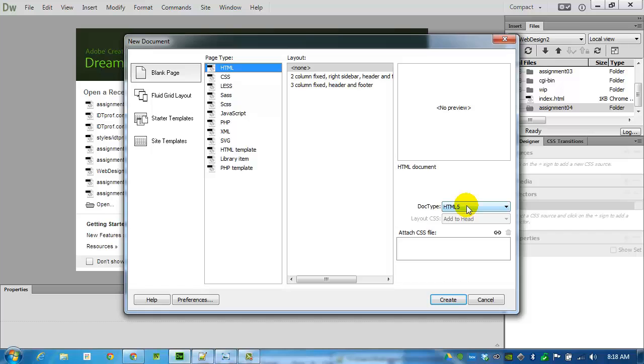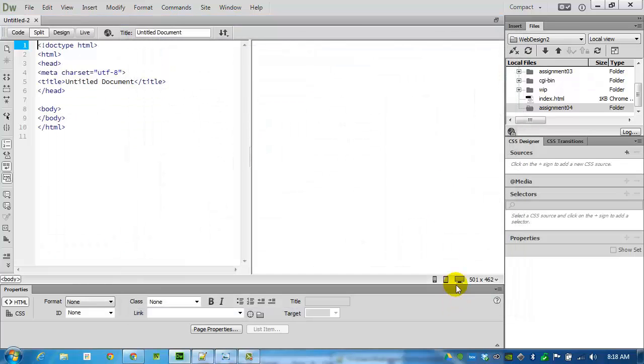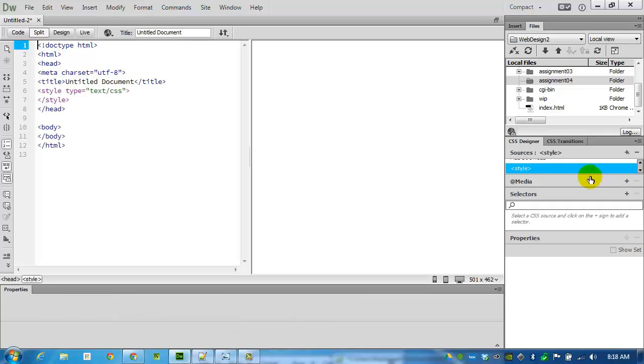Make sure that it's HTML5 and not any of the others. Create. We're not going to be attaching a CSS file to this. We're going to ask Dreamweaver rather to use the same page as the source. We're going to define a page so that all of our CSS is stored here at the head of the document. I'm also going to change my workspace a little bit so that I can look at my insert menu